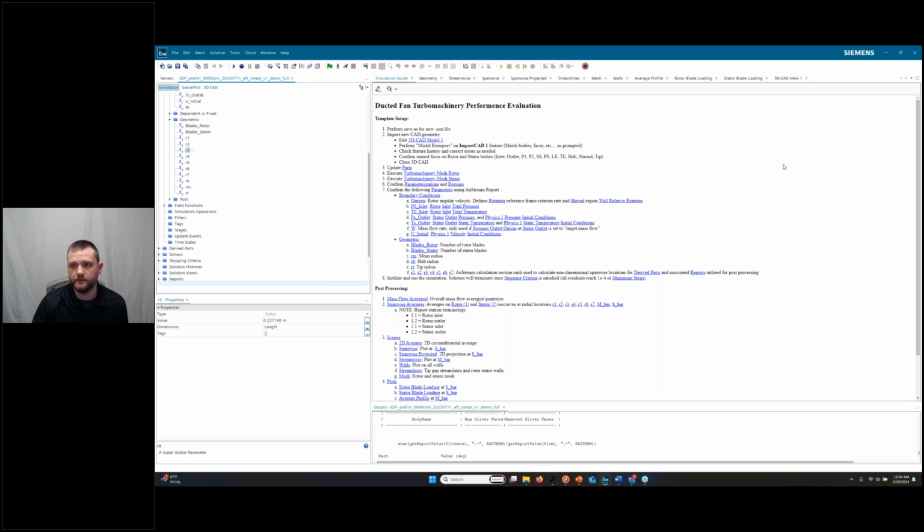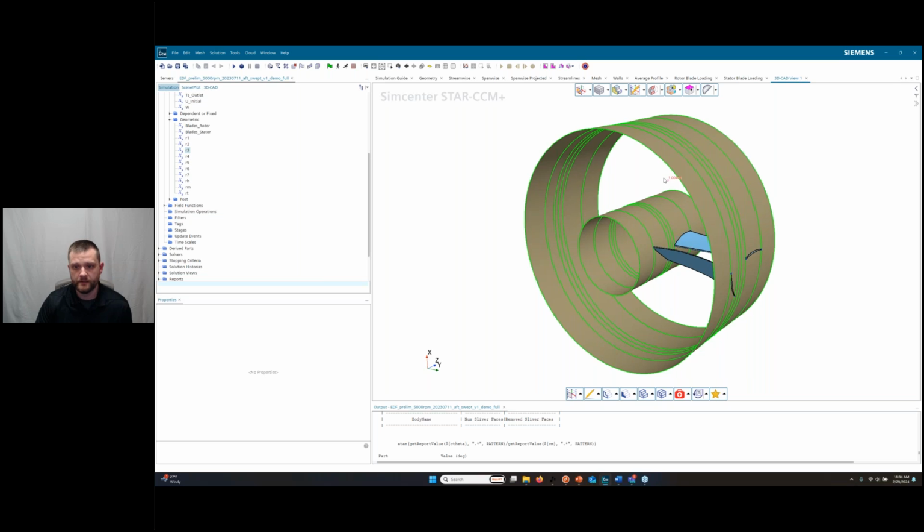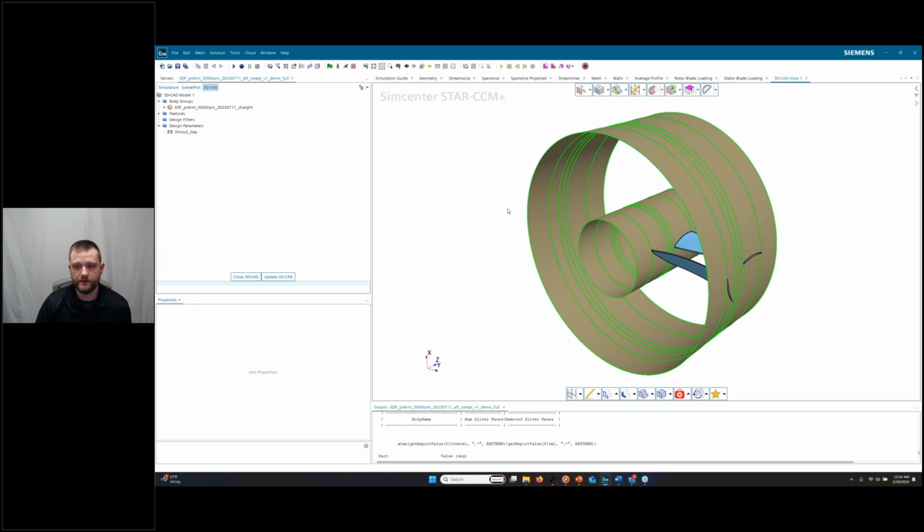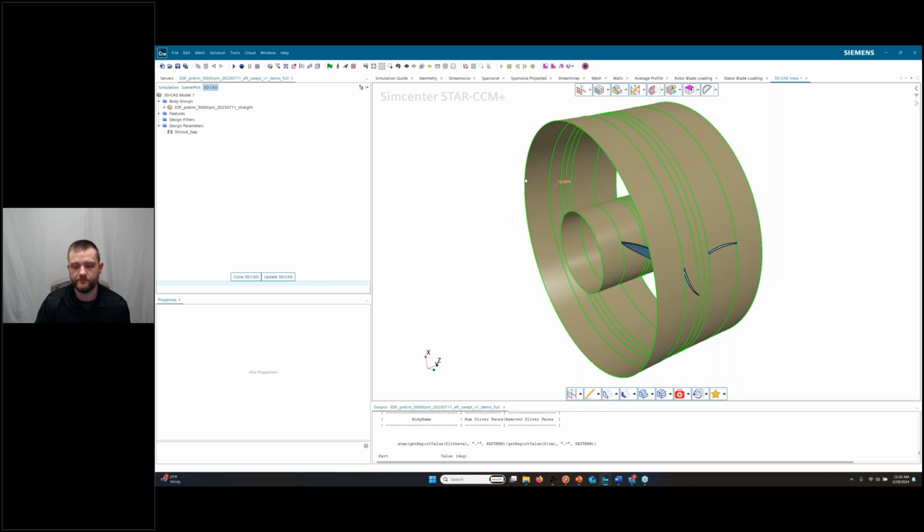So let's look at that geometry a little bit though. If I go to my 3D CAD view, it comes in like this. It's a solid. We don't have our flow path yet or anything like that for CFD analysis. But one thing that's nice about this is once I have this set up as a template and I work in my 3D CAD environment, which is an extremely powerful tool in StarCCM, because the StarCCM CAD tool is extremely capable and very highly parametric, I can do it whether with imported geometry that I'll show you here today, or by creating your own geometry for maybe something else that's not turbomachinery. Or maybe in this case, you're adding a nacelle to the design or something like that. You can do your nacelle design all in here and then export it later for something else.